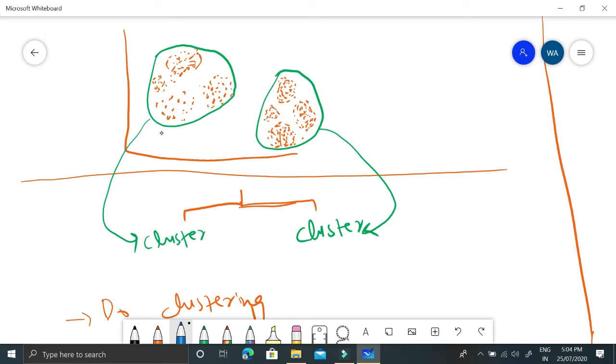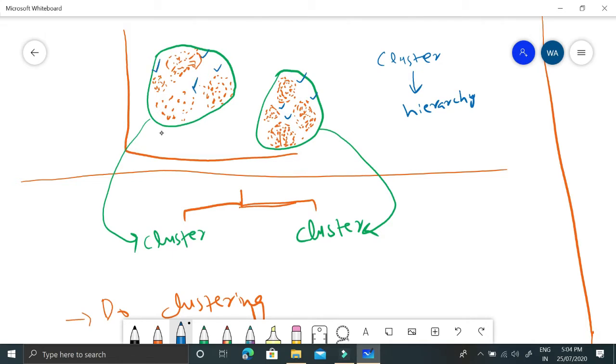So the basic idea of hierarchical clustering is to divide the clusters in the form of a hierarchy. So clusters are divided one after the other in the form of hierarchy. If we look at the data, we will find out that there are about 8 clusters. This is the first one, second, third, fourth, fifth, sixth, seventh, and this is the 8th one.